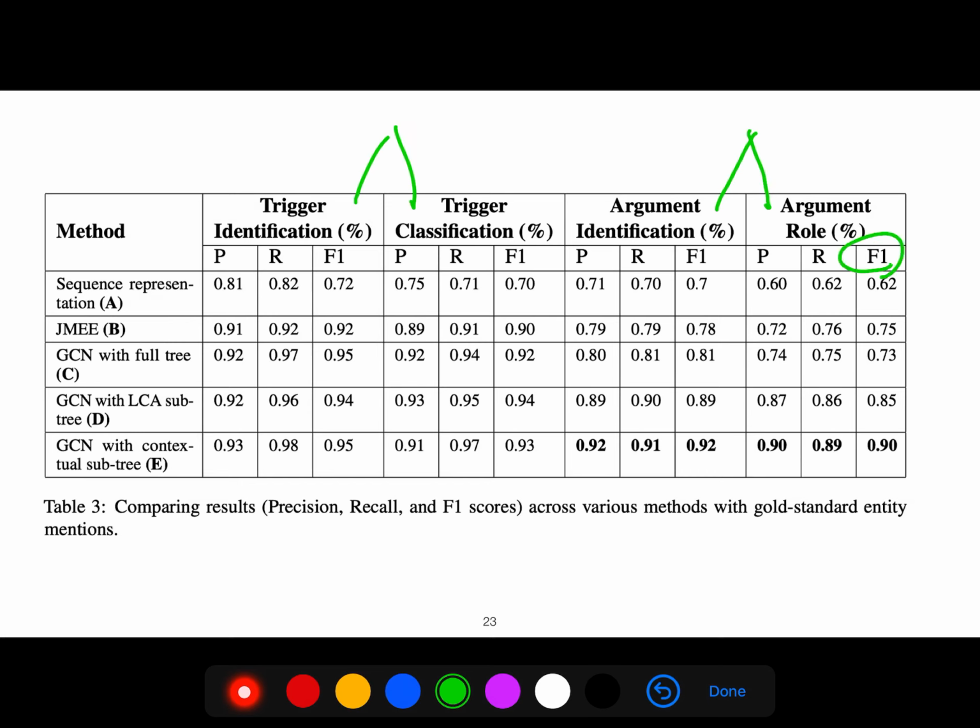And you see the F score. For this particular data set, they had 90%, because they are focusing on a particular data set. But we know that state-of-the-art accuracy is less than 75 for even biomedical event extraction, for even the simple ACE 25,